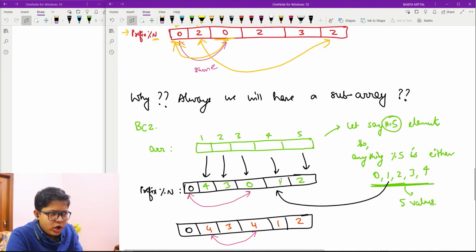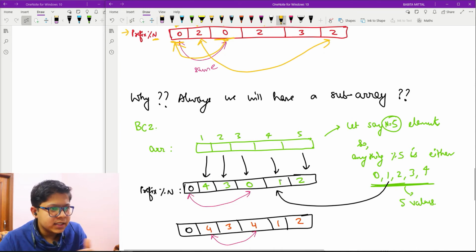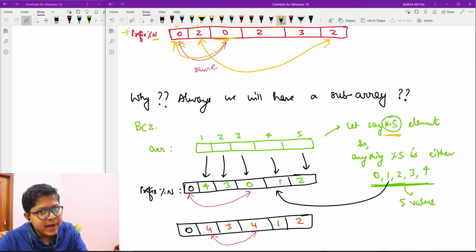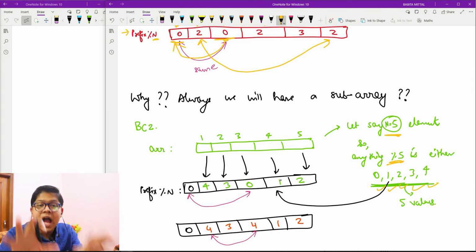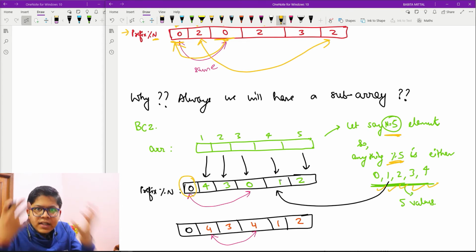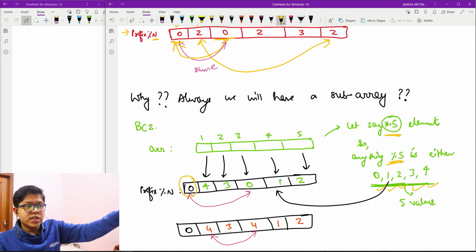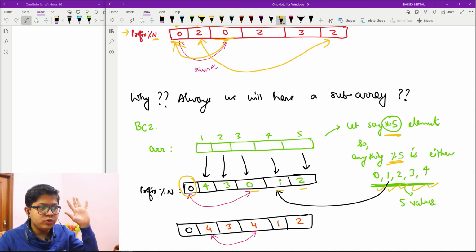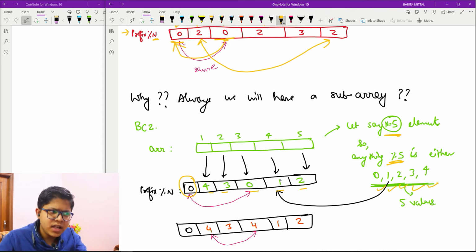I'm saying that because, see, if I think again, my n is 5, right? I am doing every element mod 5. So after doing every element mod 5, I will have either 0 or 1 or 2 or 3 or 4. I can have only 5 values. And initially, we know that in the starting we keep a 0 with us. So if I try to place all values as not the same, I will place 0, 1, 2, 3, 4, all values not the same. Still, one value will remain the same, which means this 0.